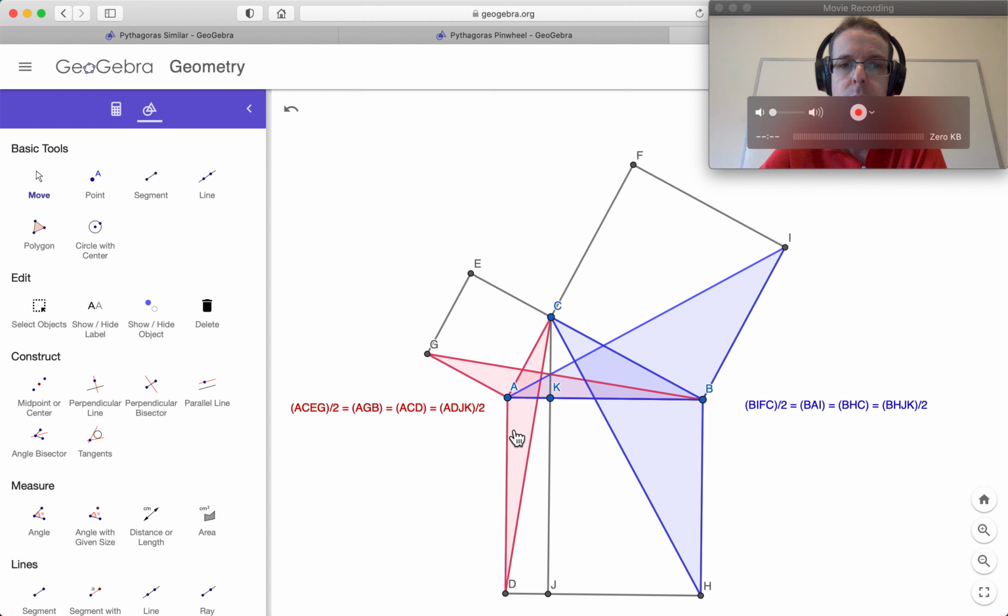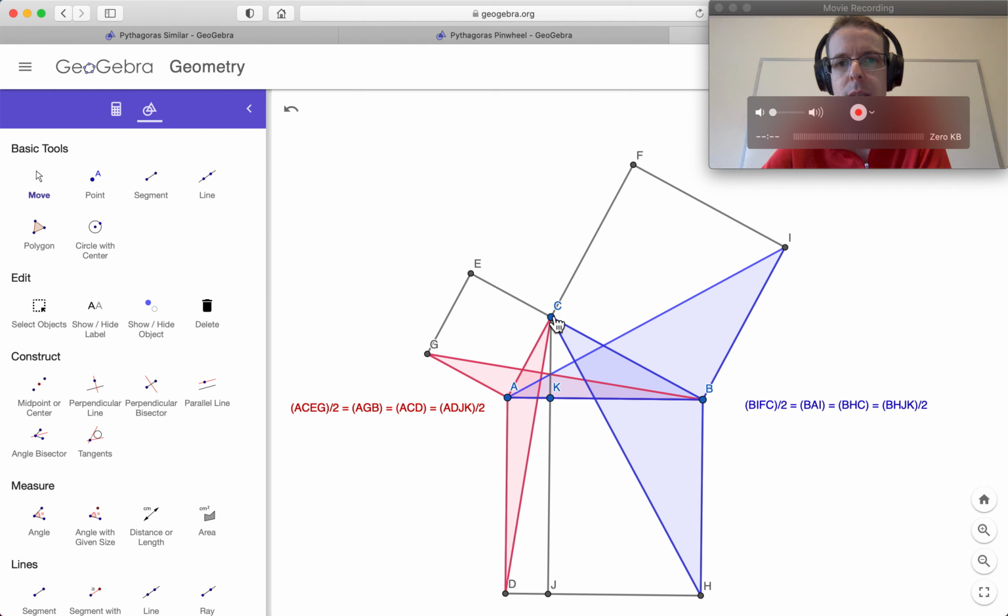If they're congruent, they have the same area, and that's what's noted here. Area AGB equals area ADC. Remember, the parenthesis notation means the area of that triangle. But AGB is exactly half of this square. It doesn't look like it because it's not contained within the square, but the area of AGB is 1/2 the